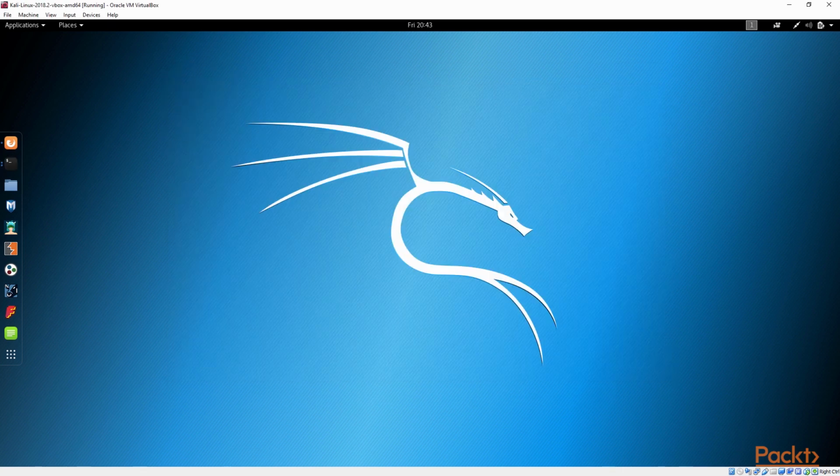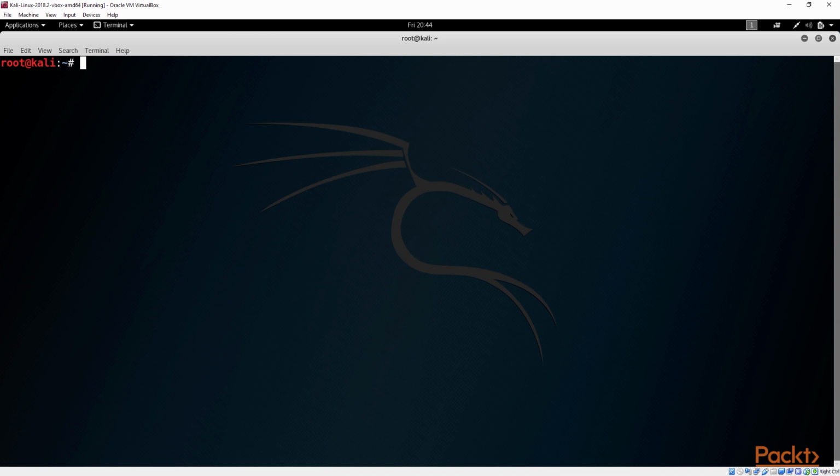We just need to go and create a user account to work in OpenVAS. Go back to your terminal, and in your terminal, type openvasmd --create-user and give your user a name. I'm going to call my user John Doe and hit enter. Copy that password,